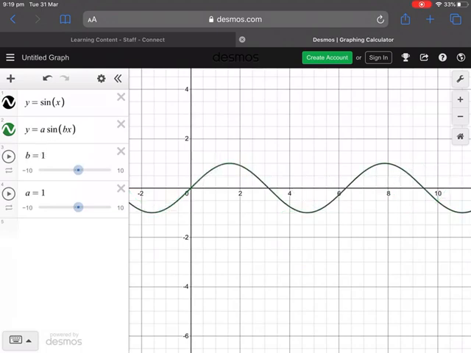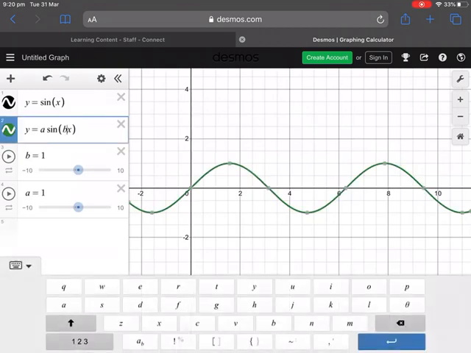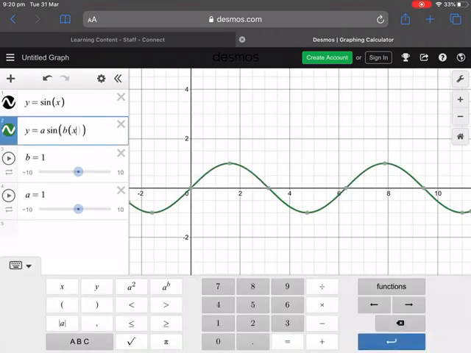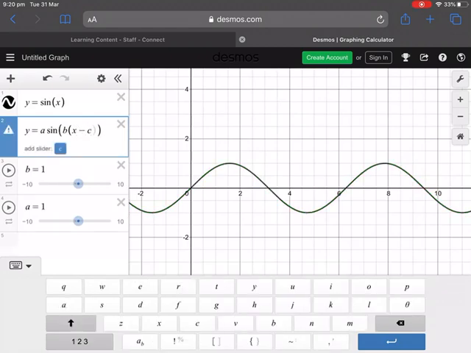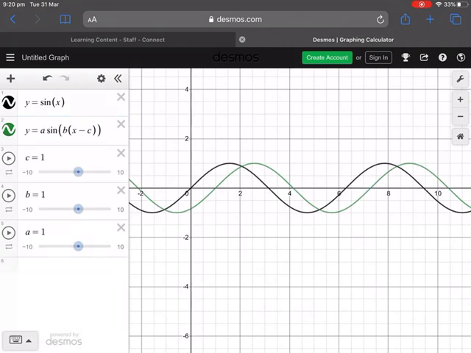Now let's go back into this and add another variable. This should look familiar. Add slider C. Let me put C as 0 so we can see where we're starting. Okay, this should look familiar, looks like the quadratic functions that we were playing around with. So now as I increase C, so as it becomes a positive number,